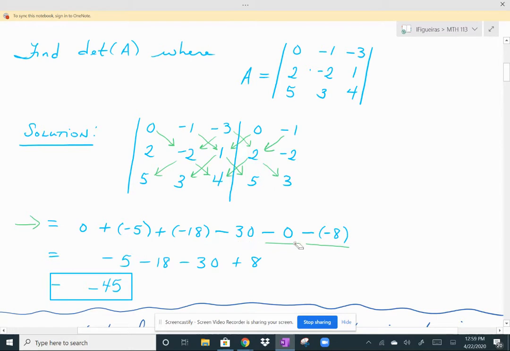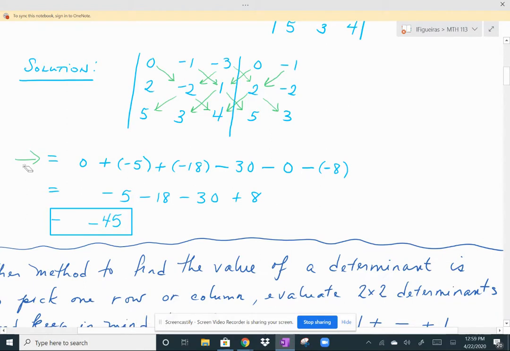Okay, so I'm just going to rewrite my pluses and minuses appropriately. So the combination that I have to put together is right here, negative 5 minus 18 minus 30 plus 8, and that gives me a determinant value of negative 45. Your determinant could be negative or positive or even 0. So now I'm going to